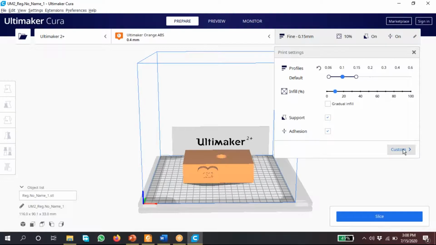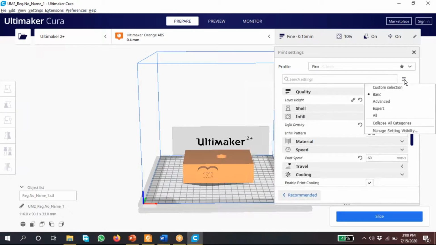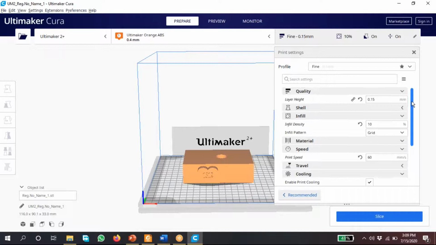Custom, you can go with the custom. That's it. By default you are in basic only, and you should stay there. If you are interested, you can see what is there in all and advanced later. Go to basic mode only, as we are all beginners.